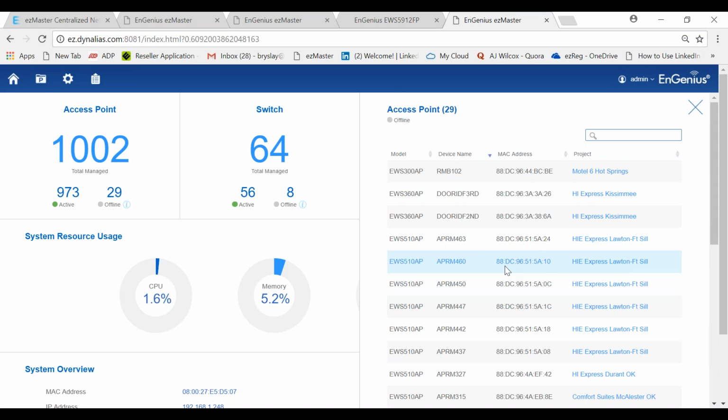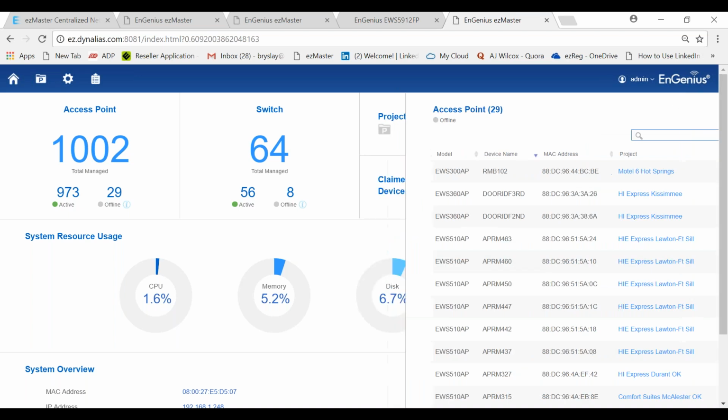Sometimes you're doing this prior to the customer even knowing. So you can identify a problem before a customer even gets to their site, and you can call them ahead of time and say, look, I understand that there's a problem. You might not have seen it yet, but I have identified a problem, and we're in the process of working on that problem. Again, I can close this out.